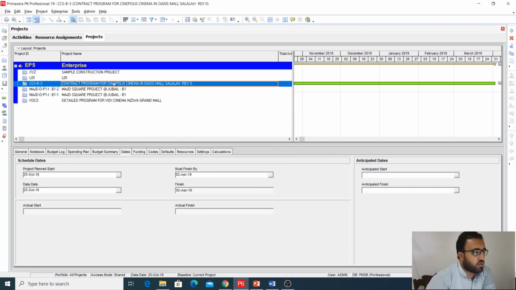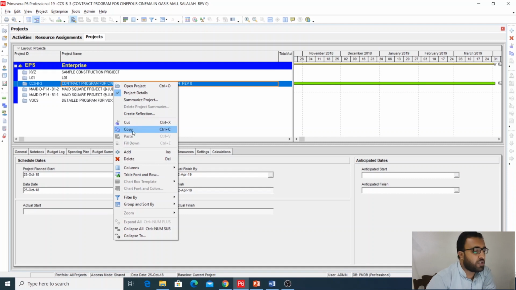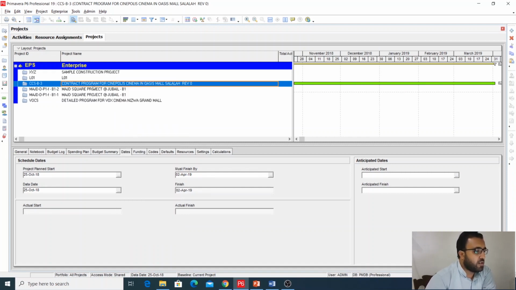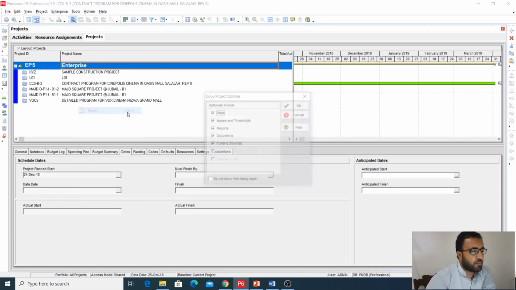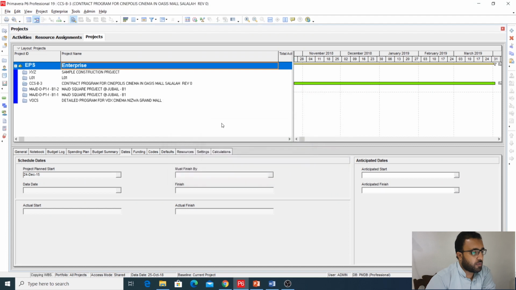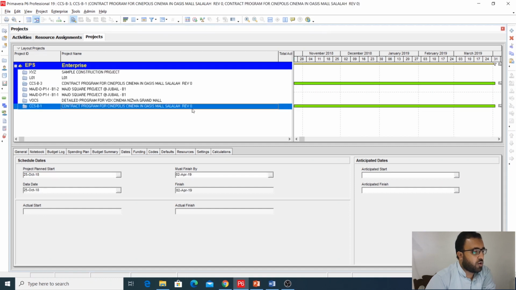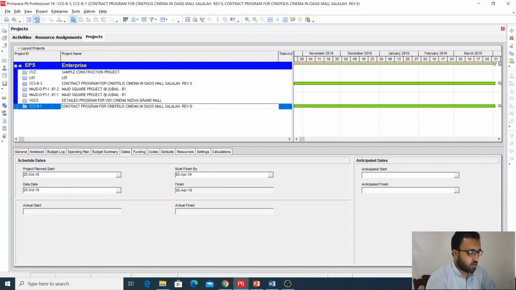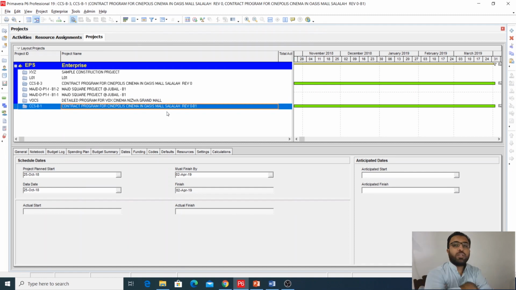Now after you have finalized it and it is frozen and approved, take a copy of this and paste it here at the same spot. Now you have taken a copy of this project, so just write here B1. Now it's your baseline 1 and you must export it and save it in some folder,